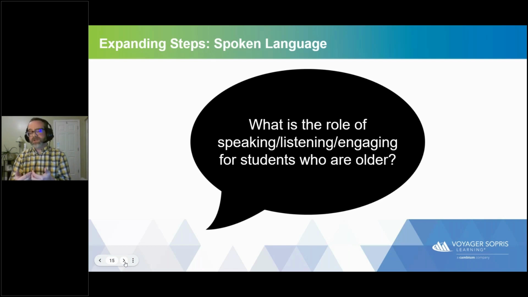But maybe I'm also thinking about that next step in terms of how do I get students to talk to me about what they're thinking with reading and responding with reading in a way that builds on. And it doesn't stop at just speaking, it doesn't just stop at listening, but it's that fuller, more rounded engagement piece, so that I know that when I've read something, there's that purpose that has been set.